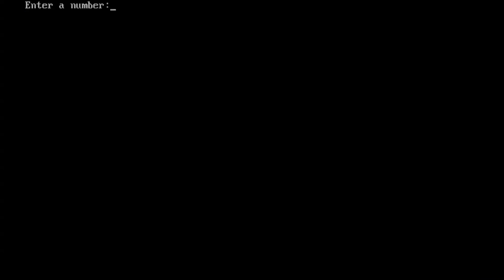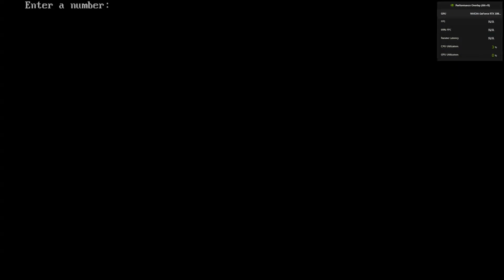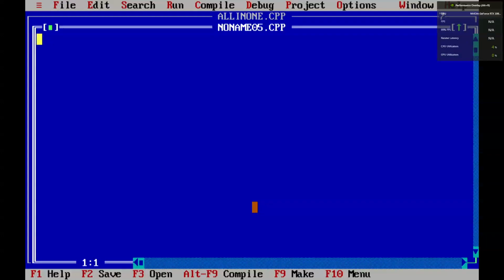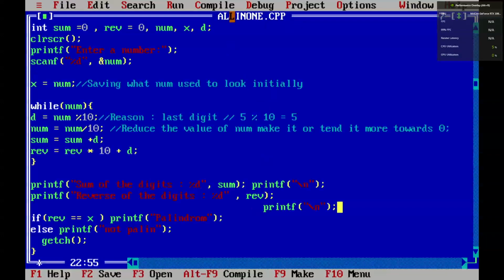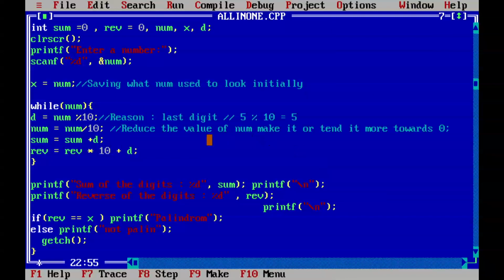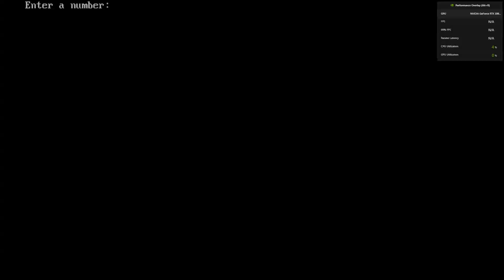Okay, so will you type your number 10 फिर से. सम ऑफ द डिजिट्स देख कितना मस्त प्रोग्राम लिख दिया मैंने। जैसे कोई भी नंबर बोल। कोई नंबर बोल, दो डिजिट। 44। देख, सम ऑफ द डिजिट्स 8 है, 4 + 4, रिवर्स ऑफ द डिजिट 44, पैलिंड्रोम है।